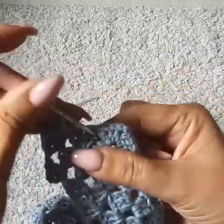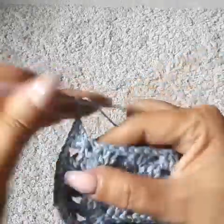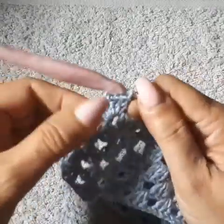One chain space into the next space, create the group of 3 double crochet, 1 chain, and again create the 2 groups in the next corner. So remembering what we're doing here, we have to do on the other side also. 2 chain space and 2 more double crochet. So we'll have the group of 3 double crochet,